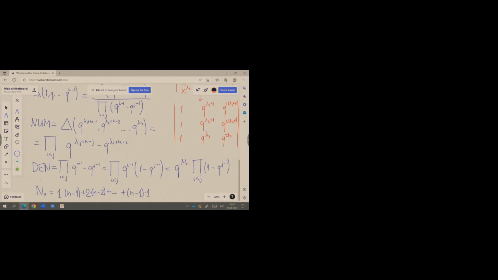So, q to some big power, but here it's even worse, right? Because here you have q to the power depending on lambda i's, right? So I'll say that this